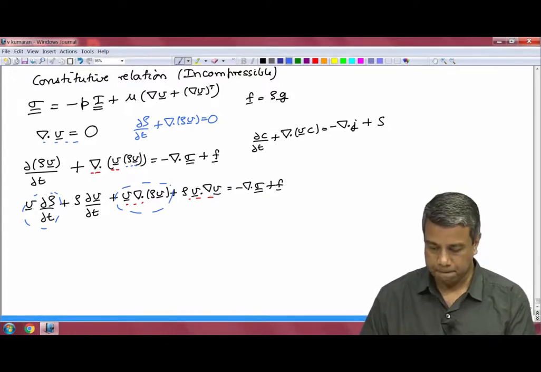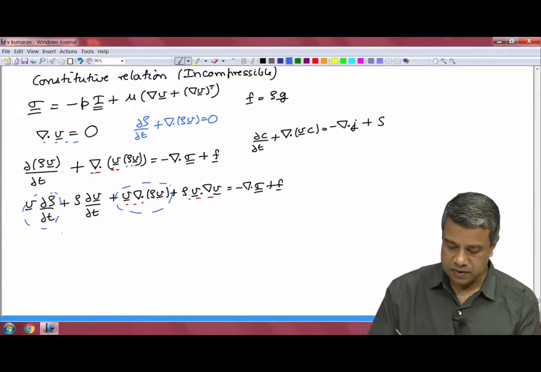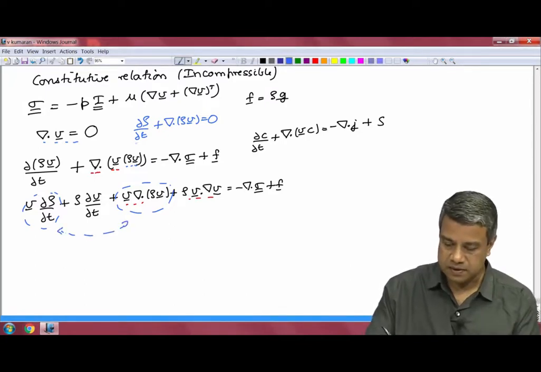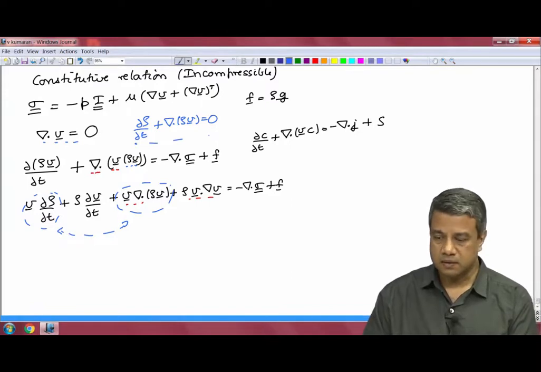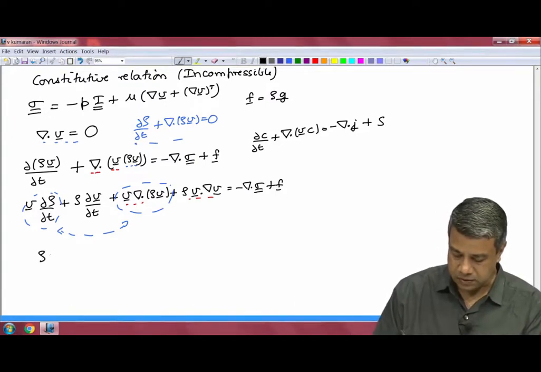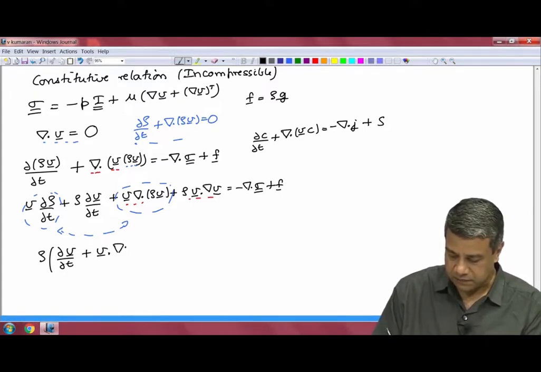You can see that the sum of these two terms is just equal to the velocity vector times this mass conservation equation, which has to be 0 due to incompressibility. Therefore, if I substitute that, I get rho into partial v by partial t plus v dot grad v